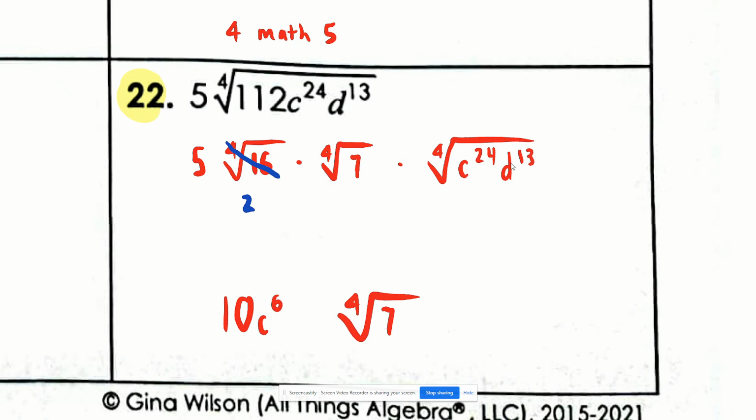All right, next. How many times does 4 go into 13? Divide it. 4 goes into 13 3 times. D gets to come out 3 times. See? 3 multiples of 4. 3 times 4 is 12. 12 of these D's came out. So how many is left? Just the 1. So the answer is 10 C to the 6th, D to the 3rd, times the fourth root